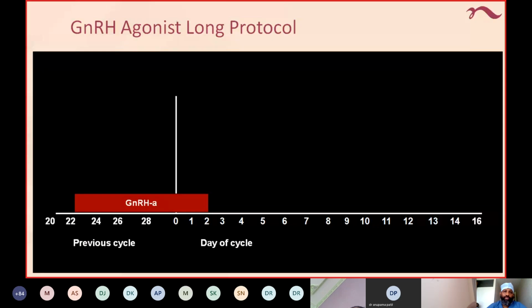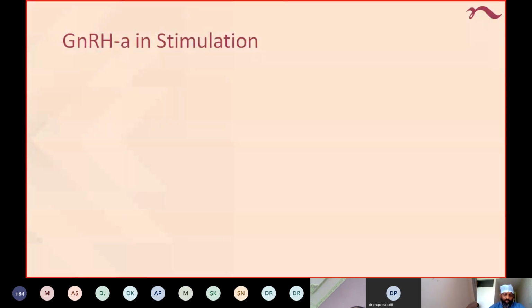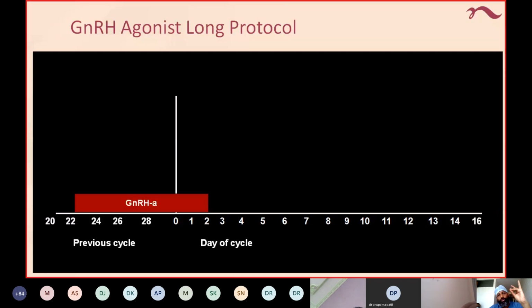So for GnRH agonists, I will tell you about the long protocol. We also call this a long protocol or GnRH agonist protocol. Here you can see the red box. We have started on the previous cycle. This straight line is the start of the menses. In the previous cycle itself we have started with the GnRH agonist and we are down regulated, and then again from the second day we are starting with the injection. So this much duration is an extra number of drugs and extra down regulation that happens in the agonist long protocol.